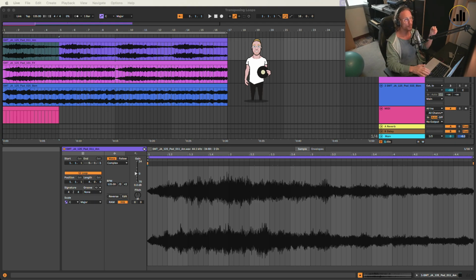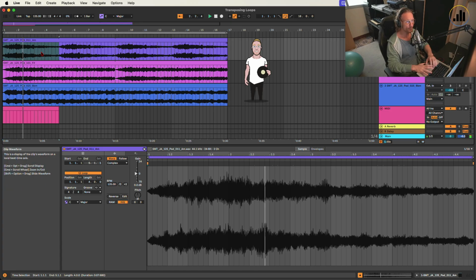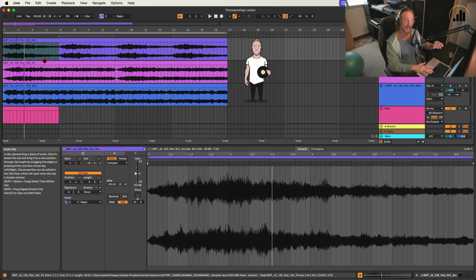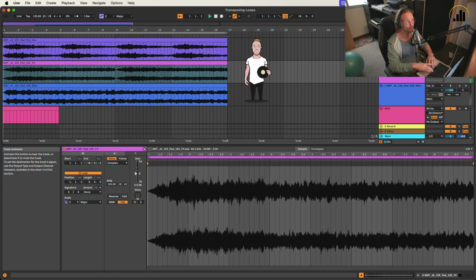So how does it work? Because many of my beginners don't know keys, they don't know what keys are and which keys are there. So to learn this and to give you a nice hack for this, I have a technique that I'll be showing you. So for instance, we have this A minor here. It's some sort of A minor chord made by Jeanneret from a sample pack, which is really nice. I recommend you to get it if you look for nice lush pads. These are really nice. And I have this F sharp, and if I play them together,